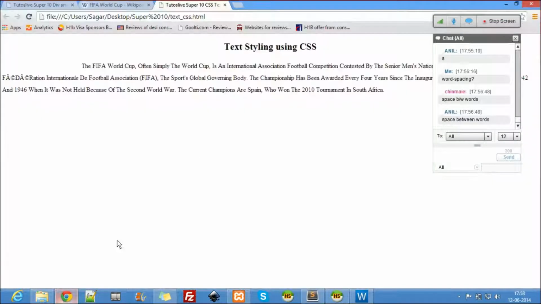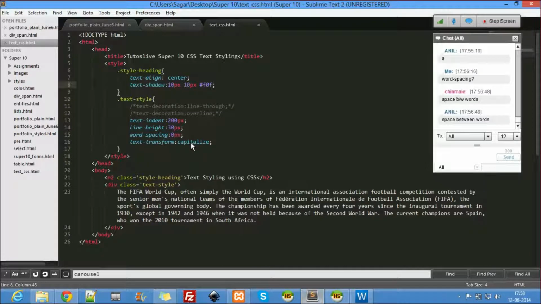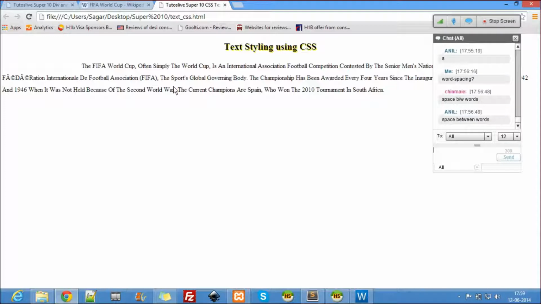Let's see what our heading does. Oh, that's purple, that's the shadow of that. 10 is way bigger. Let's take 2 pixels and 2 pixels, and use a nice color. Right, so there is a shadow over there, if you can see here. That's the text shadow.